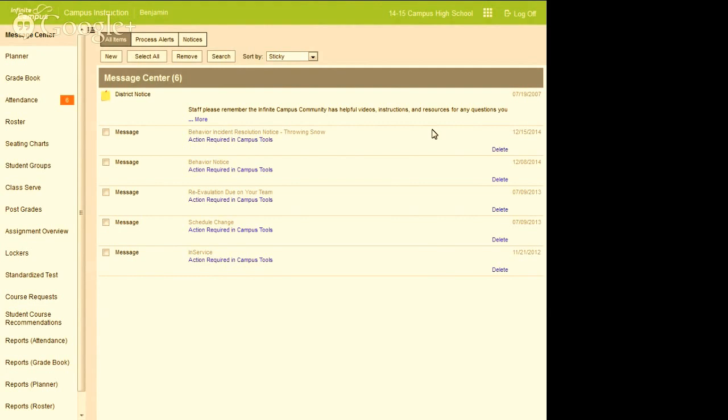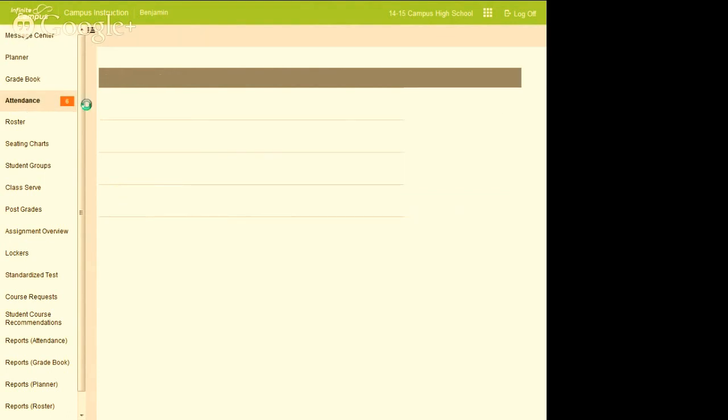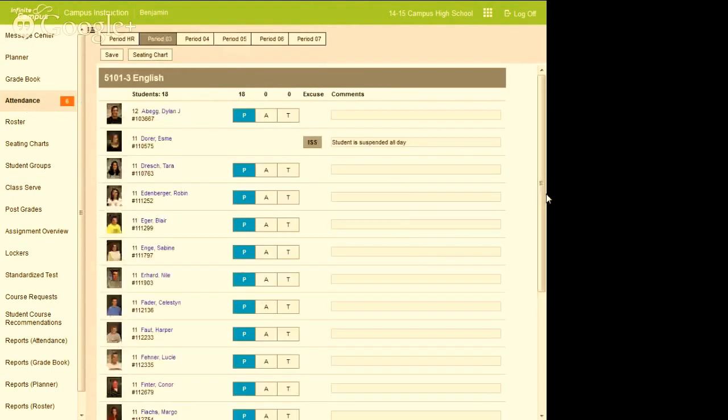But within this are all the tools that you would need to be able to do through your daily tasks, from attendance to gradebook to printed report card to behavior referrals. So this home screen is sort of like the inbox of the normal product. When we log in, we have district notices and messages. But you'll see the first thing I would need to be able to do as a teacher is take attendance. So a couple of things to point out here.